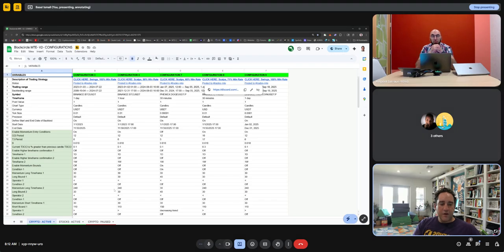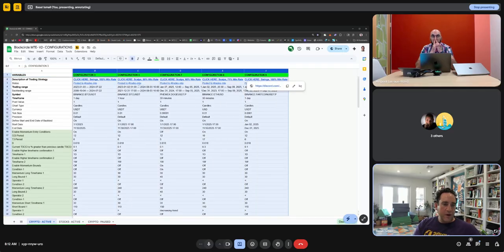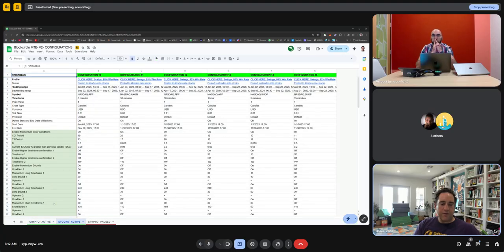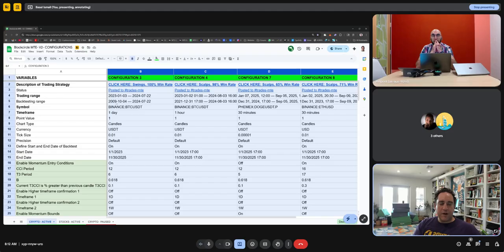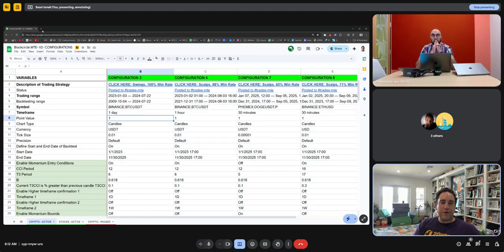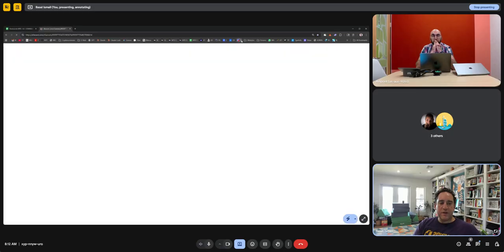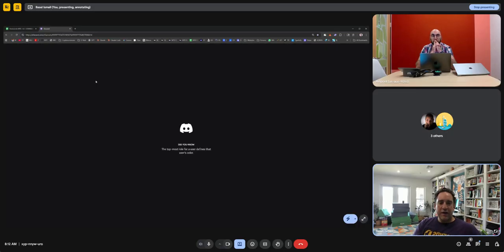It has all of the momentum trading configurations that are active for crypto and for stocks. Right now there's 5 for crypto and 6 for stocks. Okay, and I've tested these and they're working perfectly. So even if you don't want to have it automated, you could literally just go into the Discord and from the Discord go into